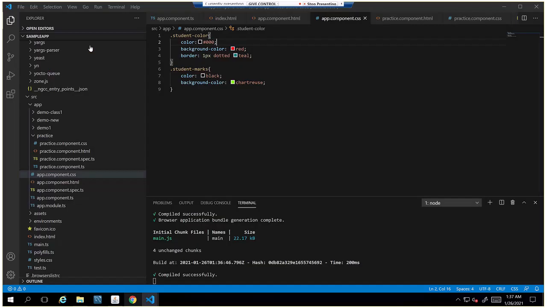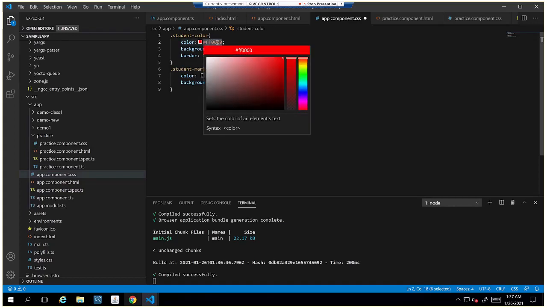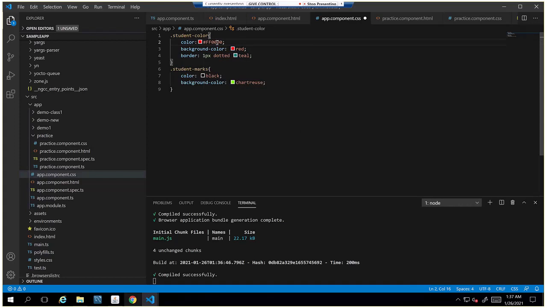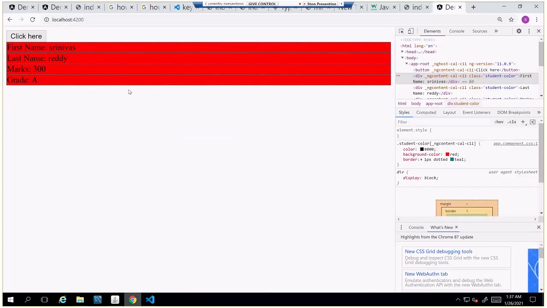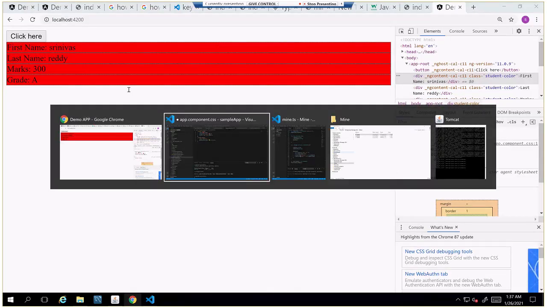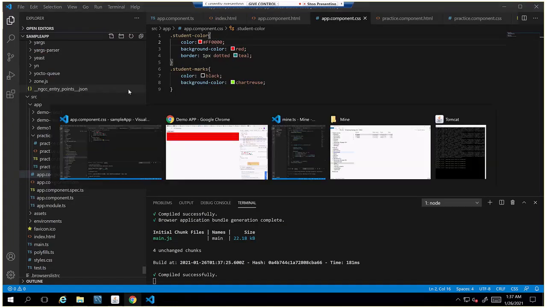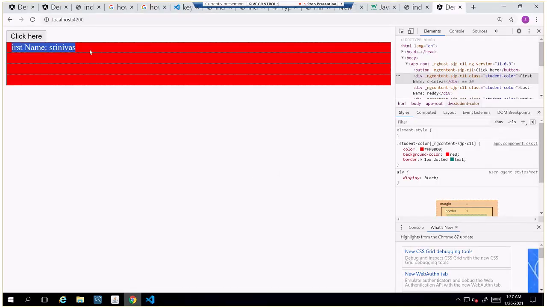There are multiple combinations. I can specify FF0000. That means it will take red, because red is 255, that means 100%, and the remaining are 0%. I actually printed the text in red color, so that's why red on red you can't see.